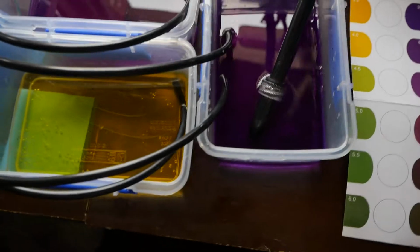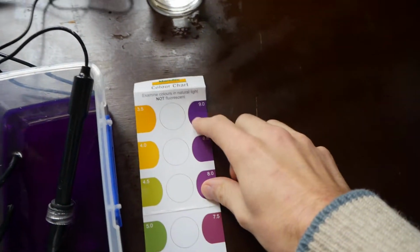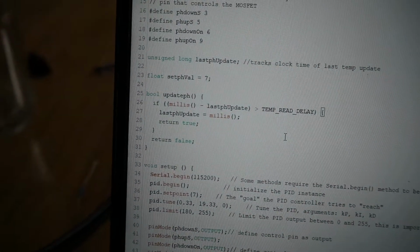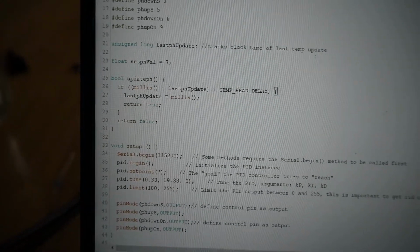So what we've got here is the 3 reservoirs. We've got this one at pH 9 or above, it's looking pretty dark purple. If we go over to the serial monitor, get some focus going, we're at about 11, so we're a bit higher than the readings from the paper. We're going to run with a set value of 7, so that's ready to go. So we'll upload the code,